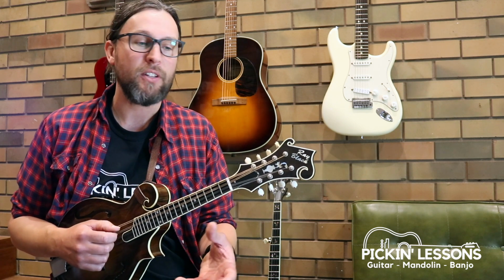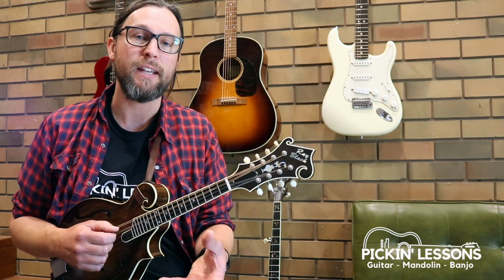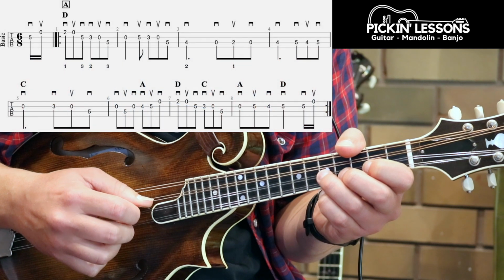Okay, so let's start out with a slow play through the basic melody for part A. We'll break it down after that and have a look at some of the techniques that we need just to be able to play that, and then we'll bring in the more advanced ornamentation that we find in the second variation. 1 and 2 and